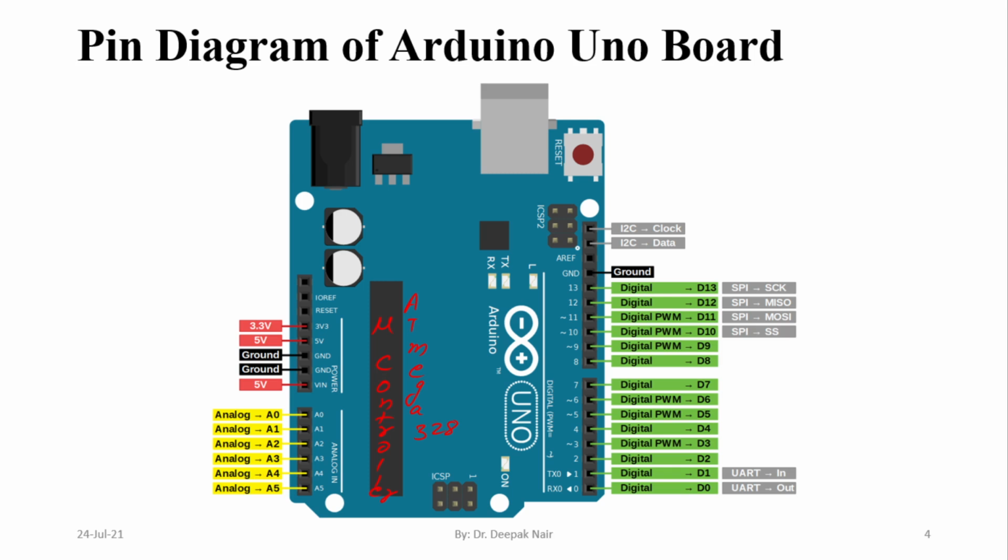So what is special in the Arduino? Why can we not use the microcontroller directly? In Arduino everything is the same. The only thing that they have done is separate all the units like the power unit, the analog to digital converter unit, and the digital pins and all. So let us look into that one by one.